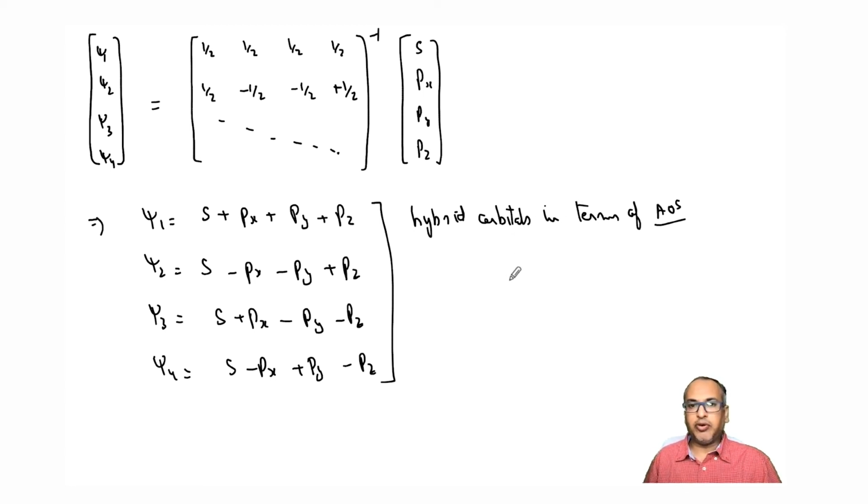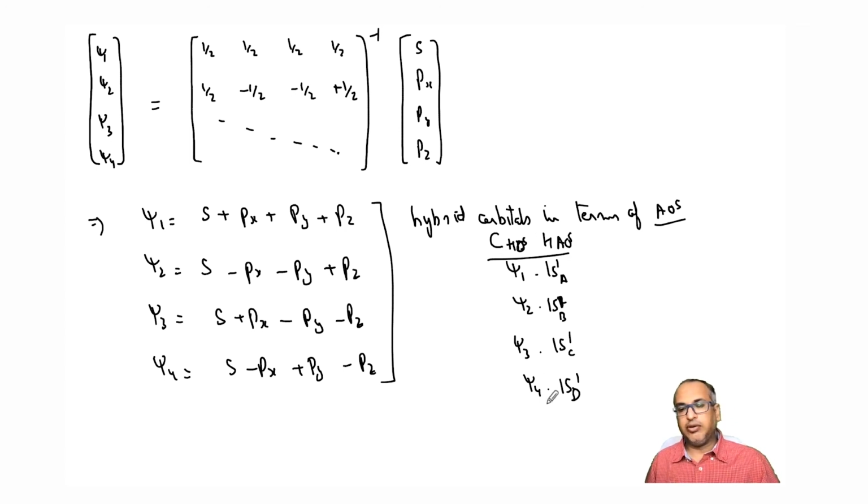Now if we want the formation of the bonds, you can express those bonds in terms of psi1 with 1s of hydrogen A, psi2 with 1s of B, psi3 with 1s of C, psi4 with 1s of D, right? These are the hydrogen atomic orbitals and these are the carbon hybrid orbitals. Using this you can form 4 bonds which will now define the correct molecular shape, right?